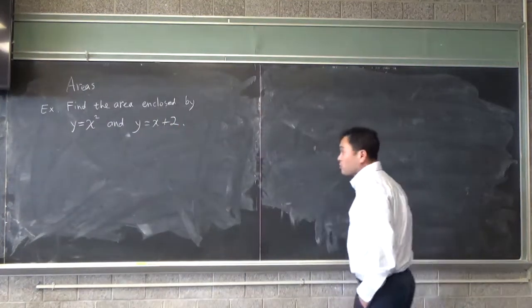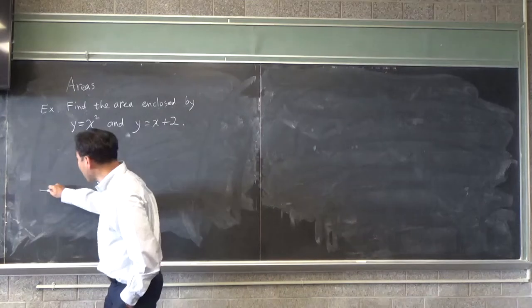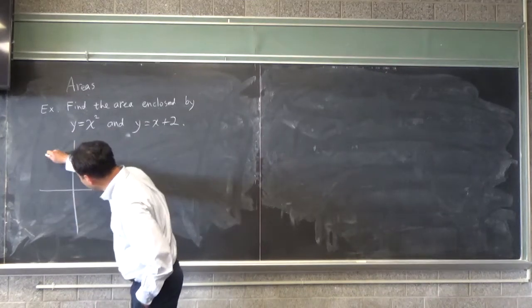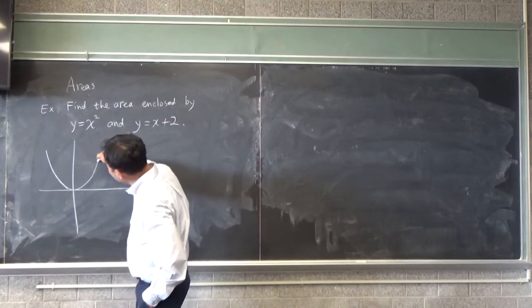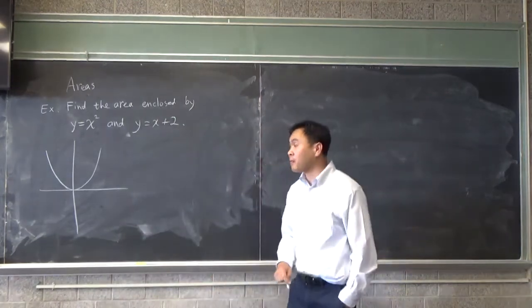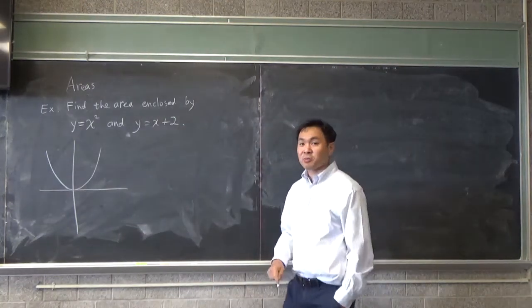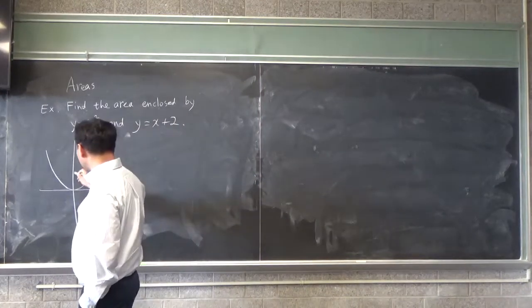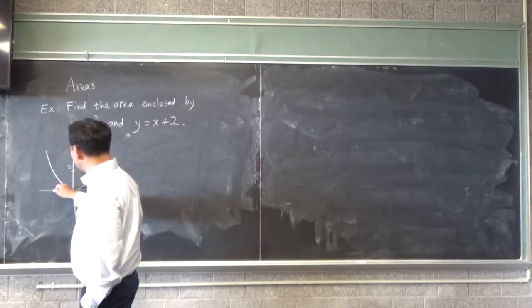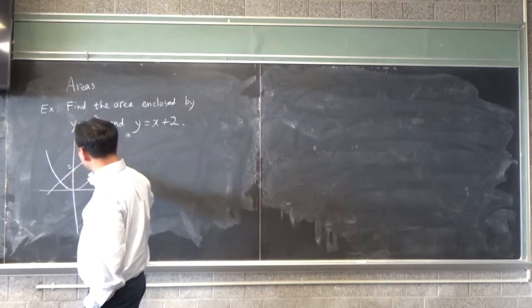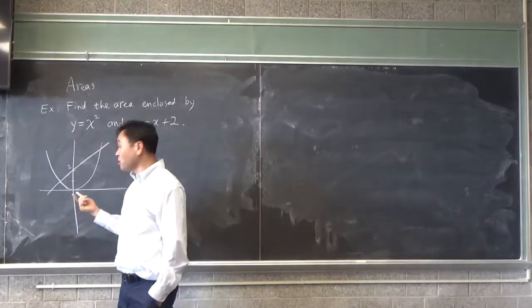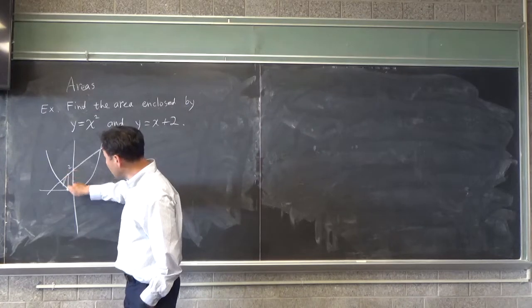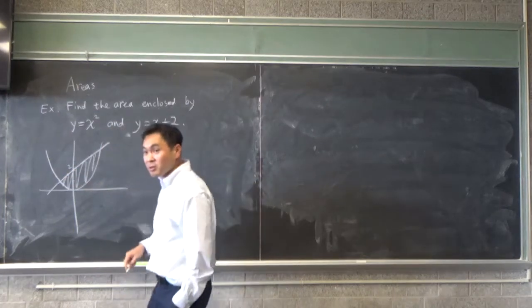Now to help you understand what's going on, let's draw the graph. Everyone knows here that y equals x squared is this graph, right? y equals x plus 2 would be y-intercept 2 with slope of 1. So here's 1, 2. That's like that. And now you can see clearly where the enclosed region is. This is your region,